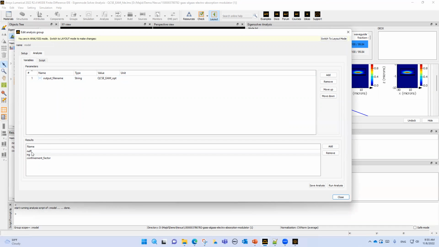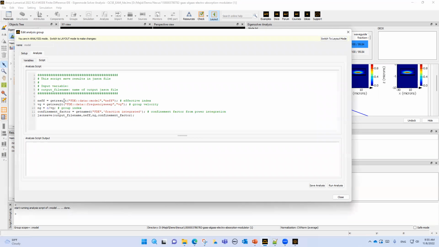We are interested in calculating the effective index, group index, and confinement factor. This is a script, and we get the results from the FDE data, mode 1,